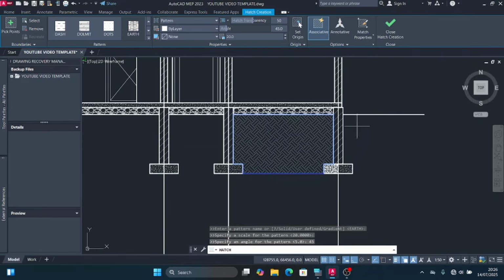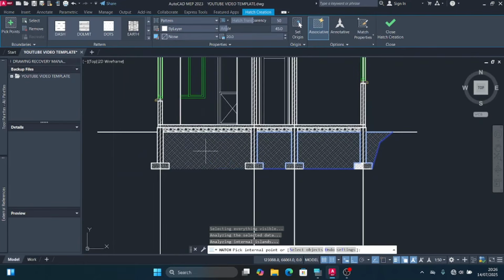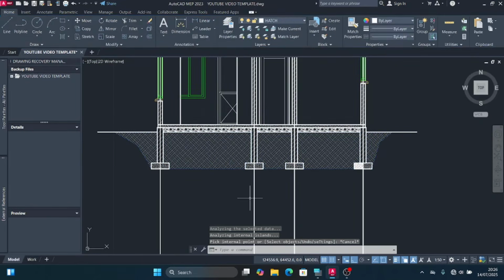Then do the same thing. Put in the same hatch for this other space. Do the same thing there. And also here. Then lastly, there. Press escape. Then next,